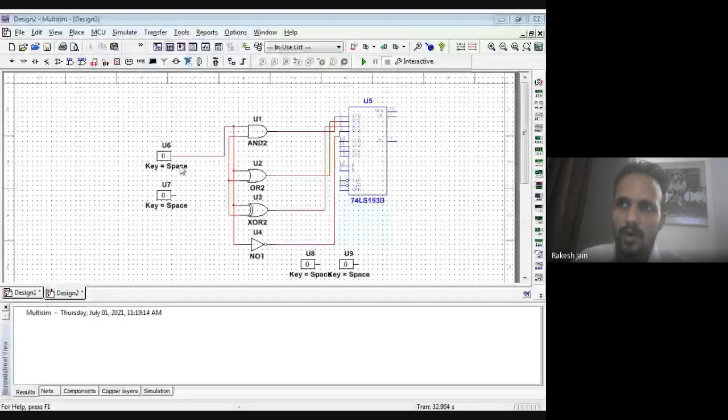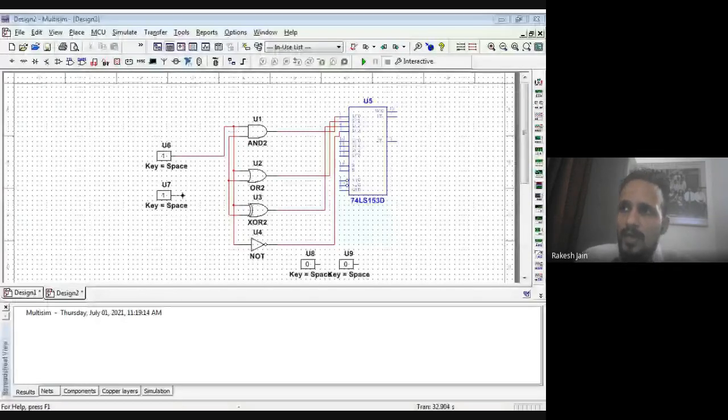I want 1 0, then 1 0 is there. I want 0 0, then 0 0 is there. I want 0 1, so 0 1 is there. I want 1 1, so 1 1 is there. Now connect this second interactive digital selector with the second input of all those logic gates. I have already connected all the second inputs of those logic gates, so connect that one with this second interactive digital selector.